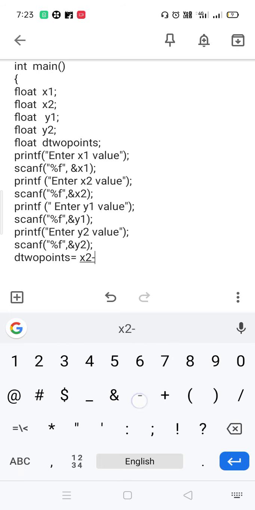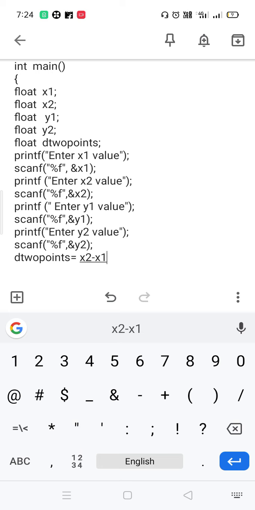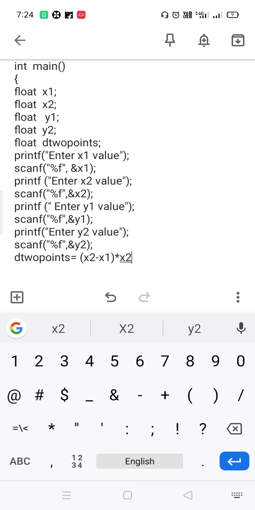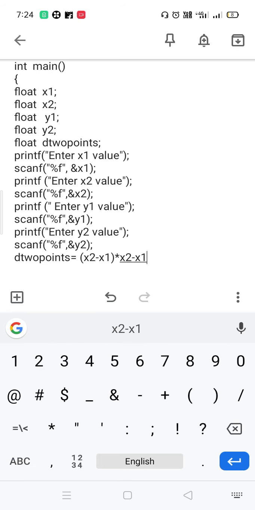x2 minus x1 whole square. Whole square means x2 minus x1 into x2 minus x1, so you need to give these brackets, no space.